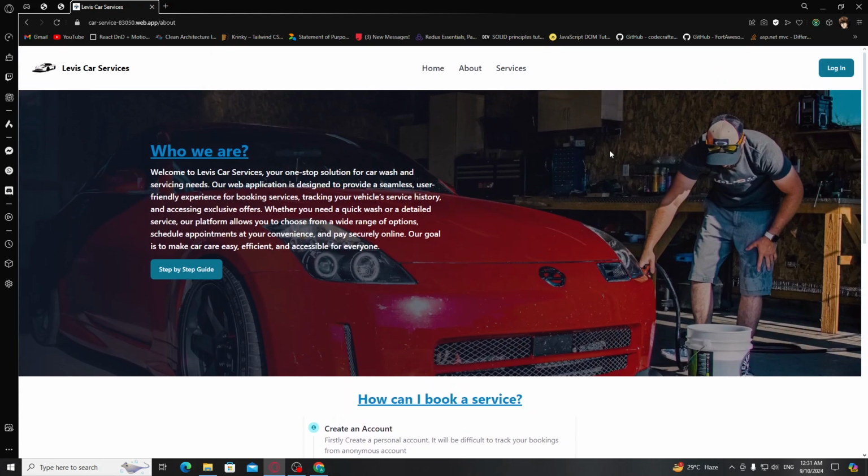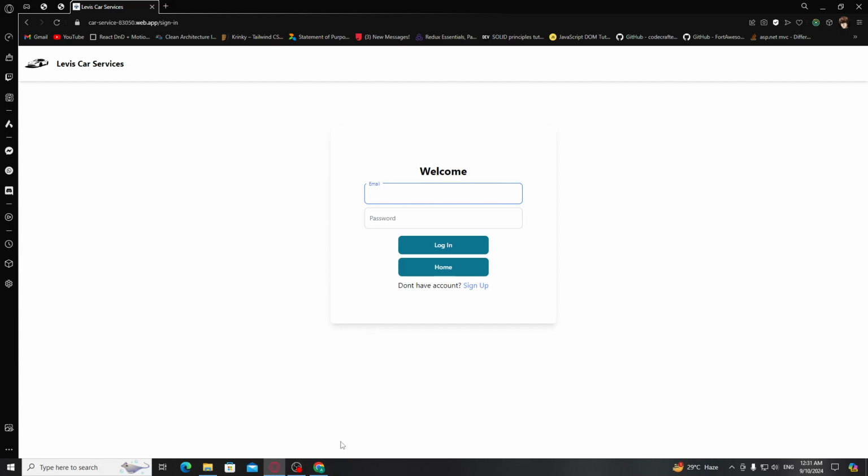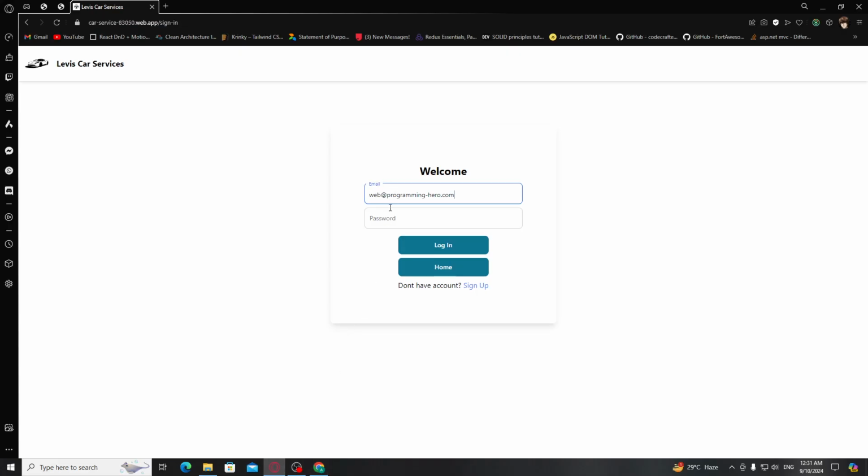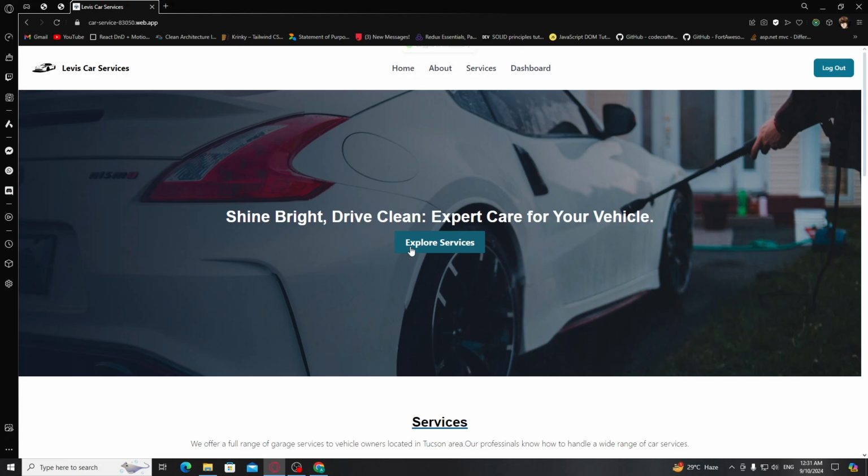Alright, firstly I would like to show you the admin functionality. For that, this is our MongoDB database, and as you can see, the password is encrypted. So if anyone tries to break into our database, they cannot get the password in plain text. They have to decrypt it. But there are more security measures that can be taken, as it is only in development mode. There are a lot of things to do, and I would like your opinions and advice to guide me through that